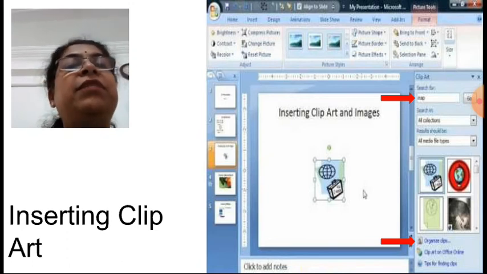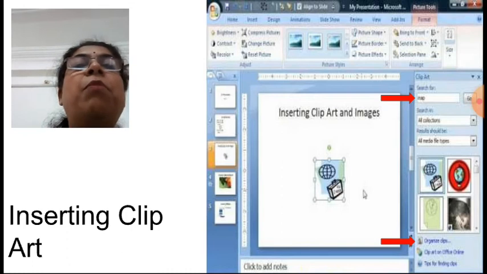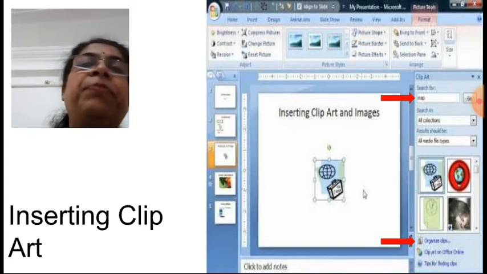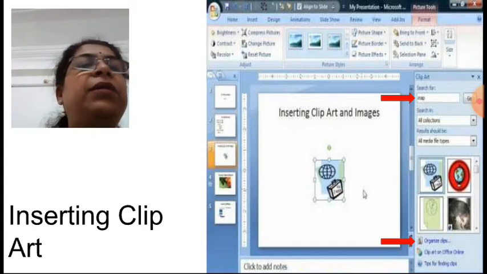You can make the size big or reduce the size, but whenever you are resizing the clip art picture, try to do it with diagonally opposite points. Don't stretch it vertically or horizontally. Okay, diagonally opposite points only you select, and reduce or increase the size of the clip art.